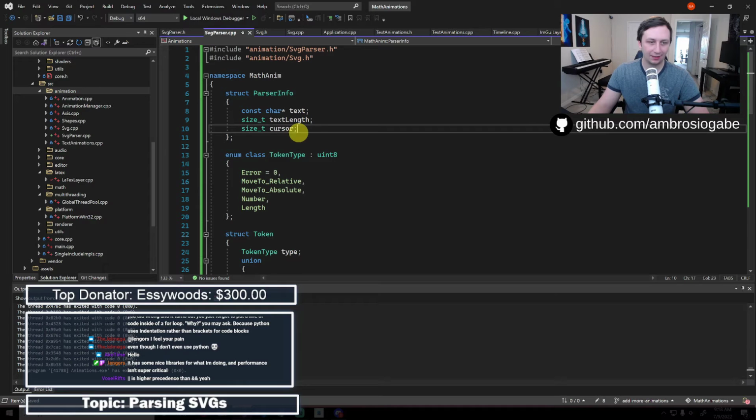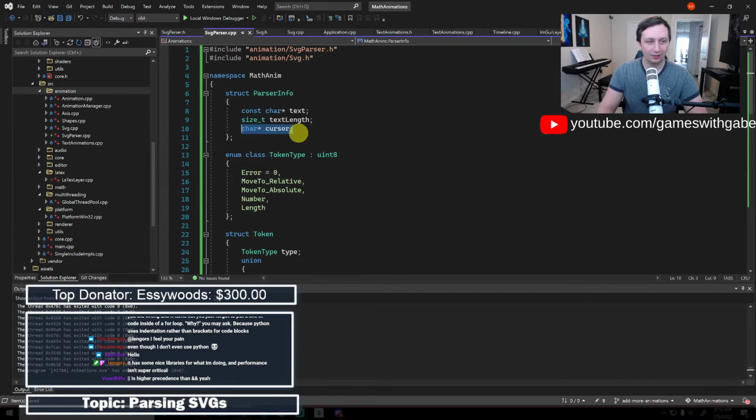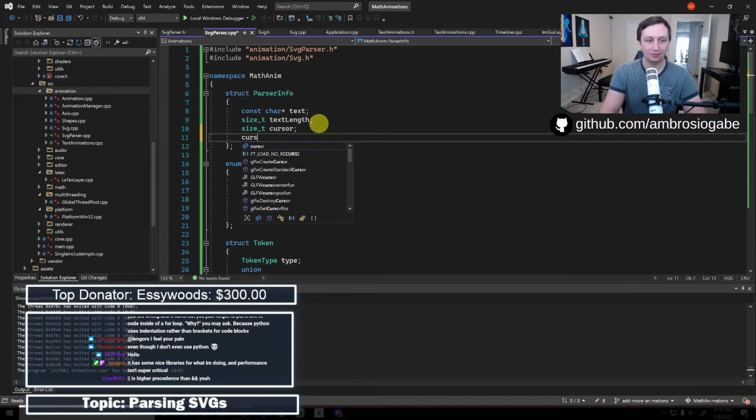Oh, yeah, I guess I don't have to do this. I could just say like const char star cursor. I don't know. I like this just because it makes more sense to me. And also, this is nice too, sorry, just an aside, because if I want to check and see if I'm going to overrun the bound, I just have to do cursor plus 1.